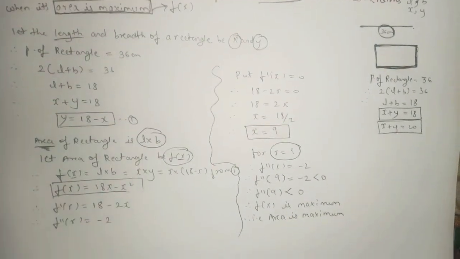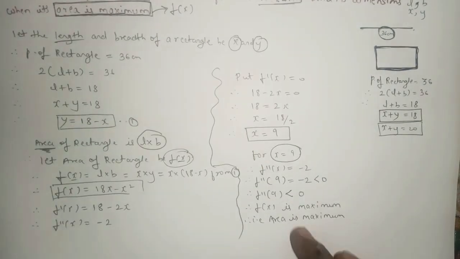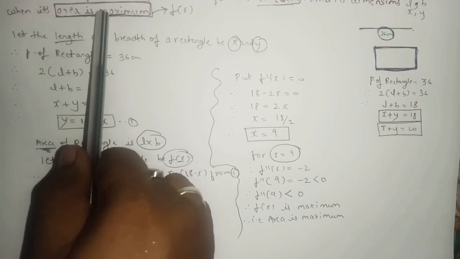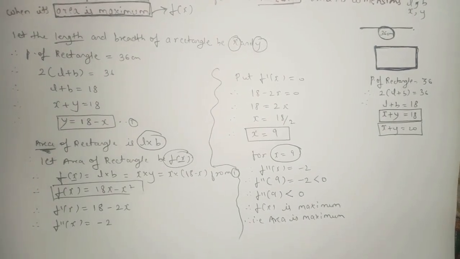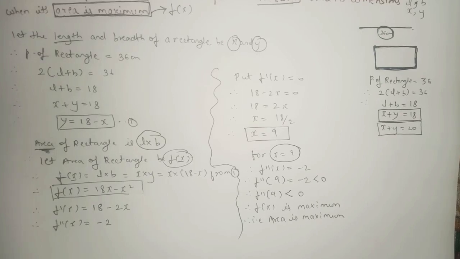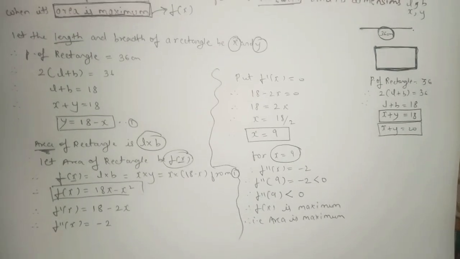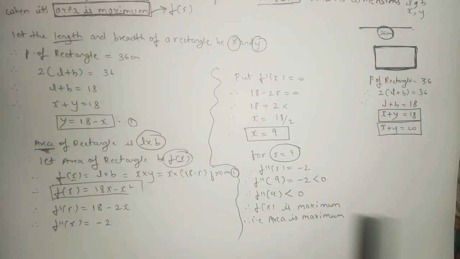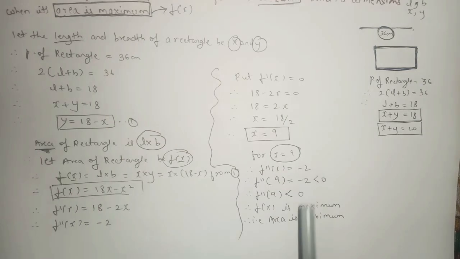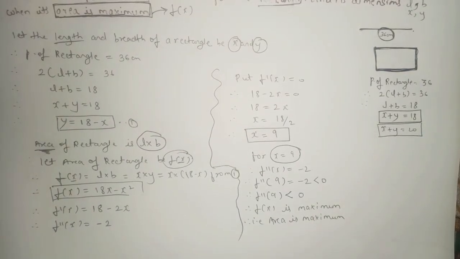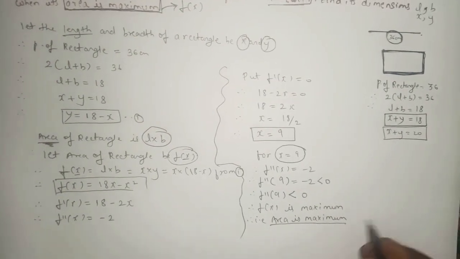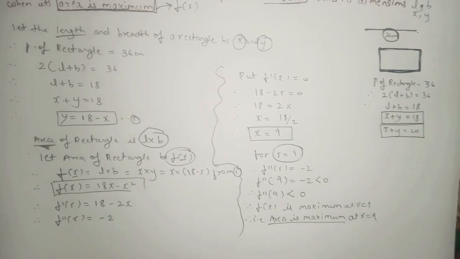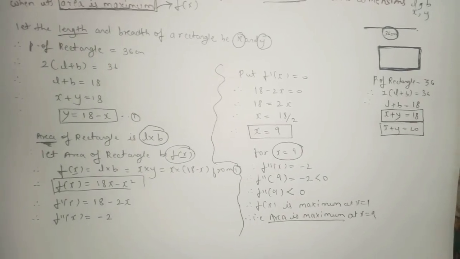So that was the hint. If it says that the product is maximum, then it has to be maximum in the sum. For this sum, it says that the area has to be maximum. So here we come to the conclusion that the area we got is maximum. Okay, whatever it says, if it says minimum, then here you must get the answer minimum only. If it says maximum, then the answer has to be maximum only. So here the area is maximum when x equals to 9. Yes, so the sum is perfect. Now we got the area maximum at x equals to 9.